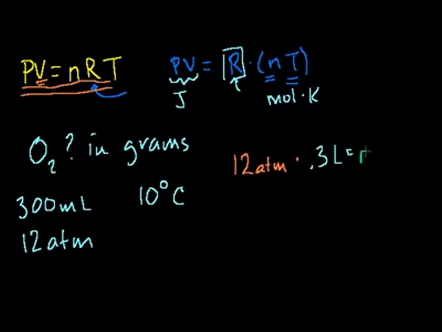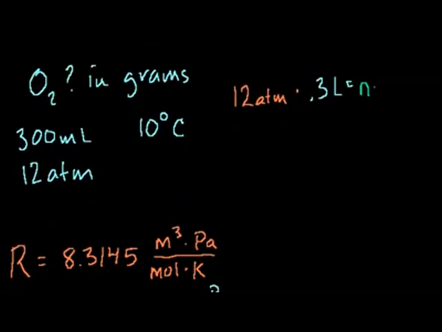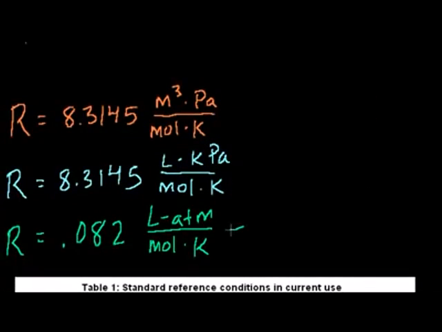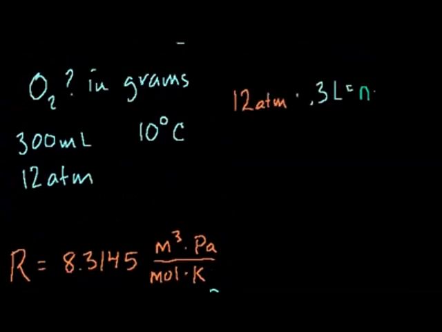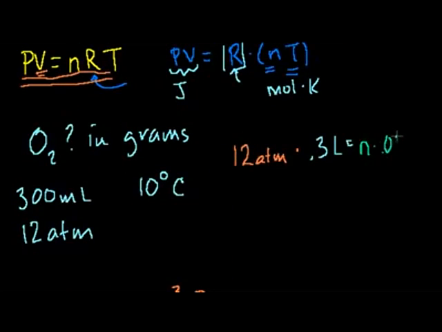So it's equal to N times R. Now, which R should we use? We're dealing with liters and atmospheres. We'll deal with this one, right? Liters, atmospheres, per mole Kelvin, 0.082. And then what's our temperature? It's 10 degrees Celsius. We always have to do everything in Kelvin. So it's 283 degrees Kelvin. So all we have to do to solve for N is divide both sides of this equation by this right here. And so we have N